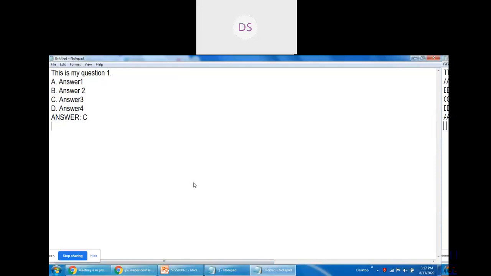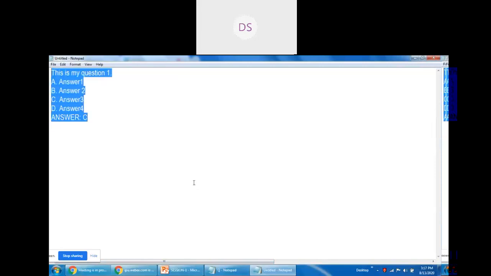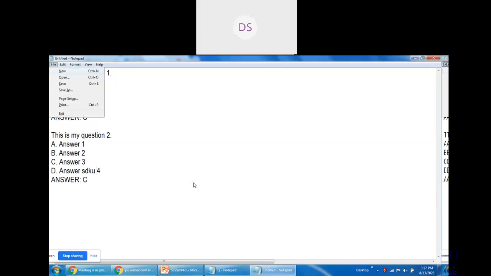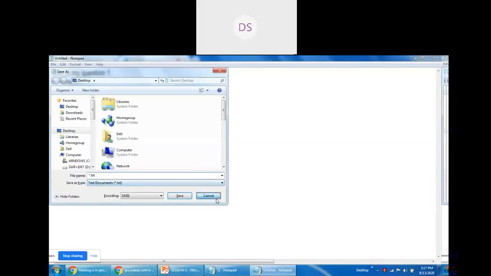Now, suppose I'm just copying and pasting the same question. This is my question 2. Now, answer 1, answer 2, answer 3, answer 4. You may give space, words, special characters here, no problem.